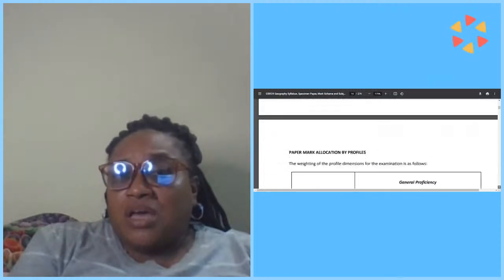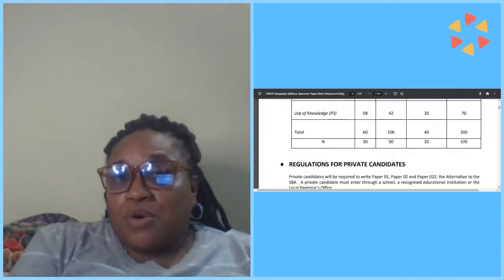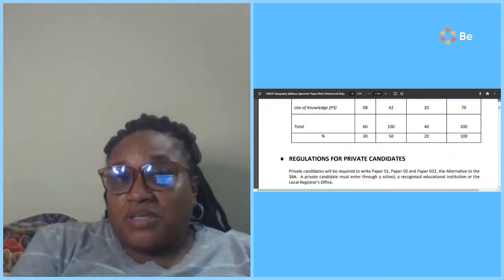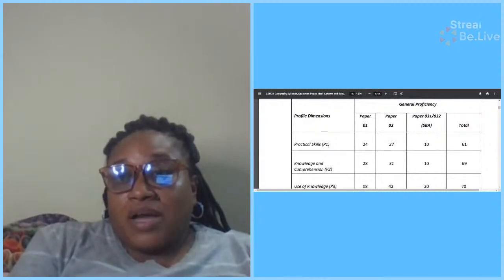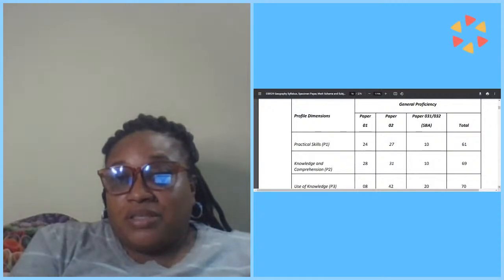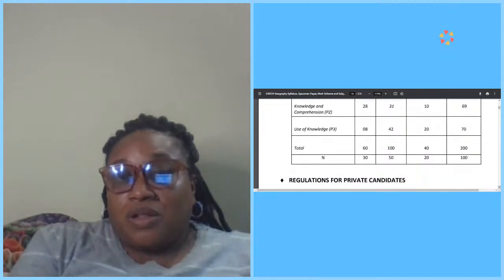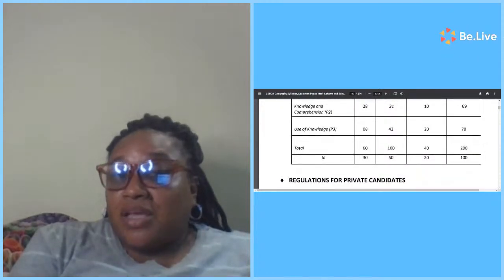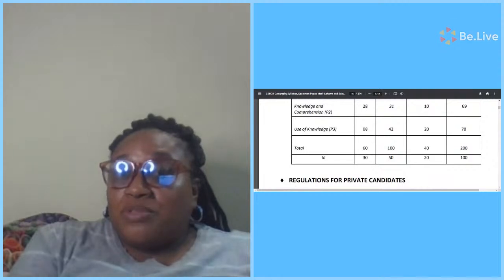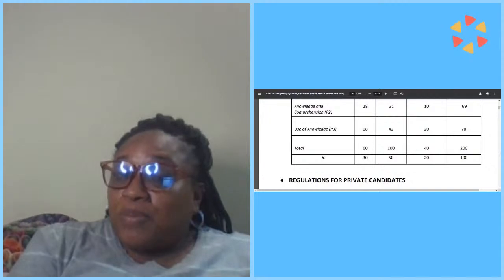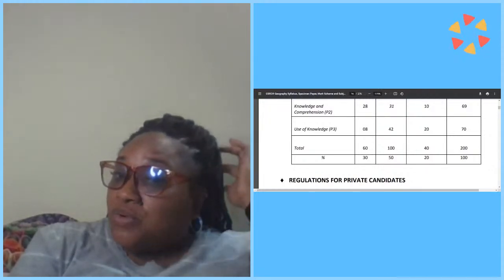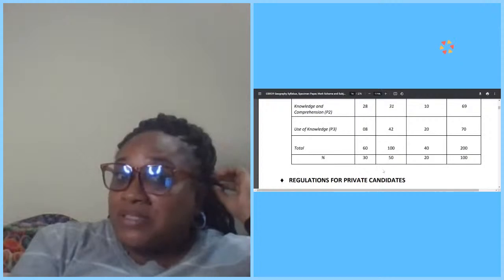There are some key words that you need to know, right? So this is also important. This is the structure of how it is mapped. Your paper 1, your paper 2. Look at it, your paper 1, and this is what we just went through in terms of the questions and the total. So your paper 1 is 60 marks. Your paper 2 is out of 100 marks, but it's weighted 30% for your paper 1, 50% for your paper 2, and then of course your SBA is 20%, which would make up